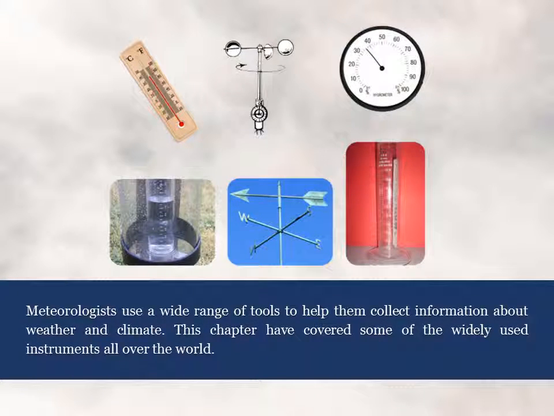Meteorologists use a wide range of tools to help them collect information about weather and climate. In this chapter, we have covered some of the widely used instruments all over the world to predict weather. The collection of accurate data using instruments helps in developing a clear and descriptive picture of weather. We have now completed the introductory section of your weather watching course. The next section focuses primarily on each of the weather variables in detail, helping you get a better knowledge